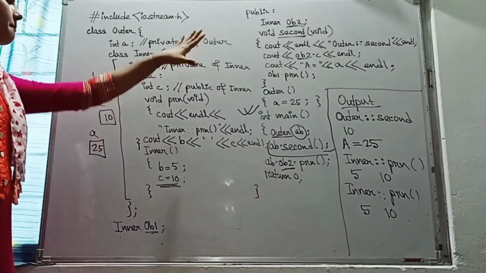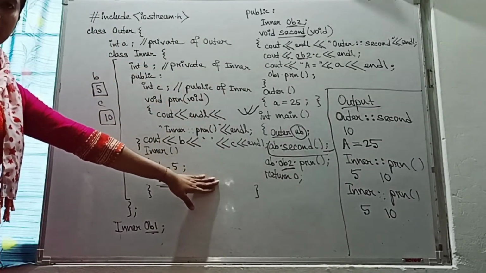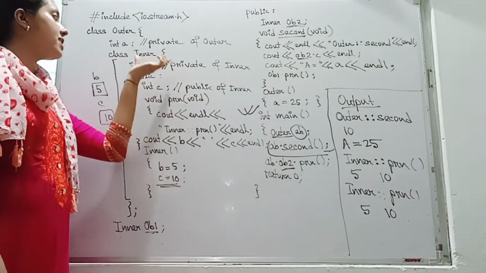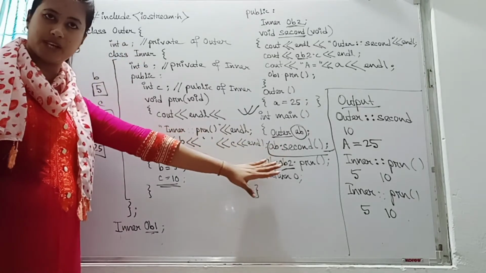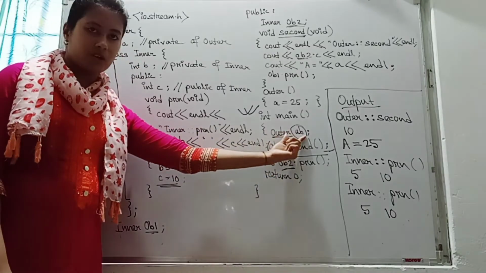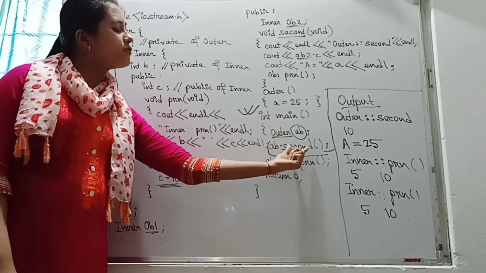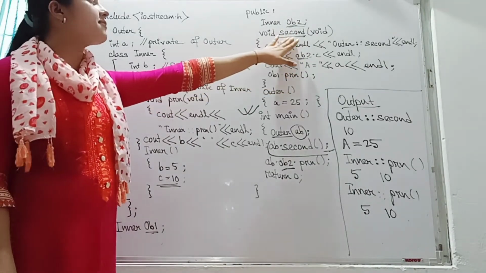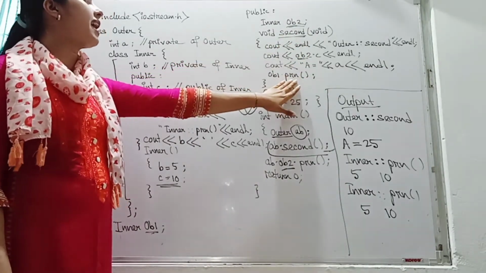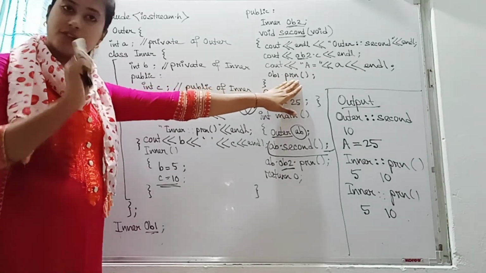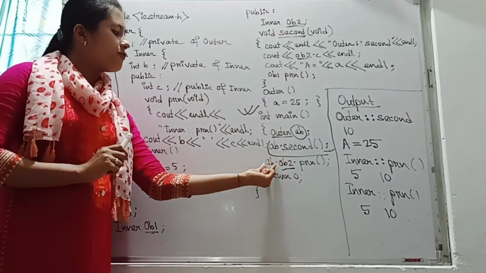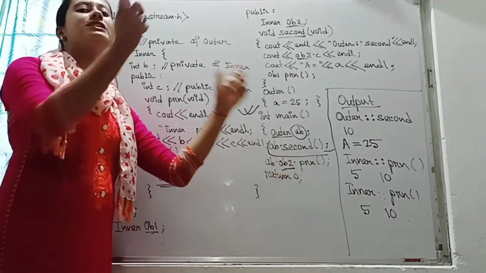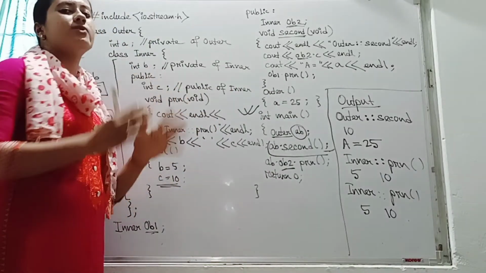So what this particular program is showing us is how we can access the data members or member functions of the inner and the outer class using a particular object. First we created an outer object, then through that outer object we called the function of the outer class, in which we have defined an inner class function. This is one way. And the second way is, first we write the object of the outer class, then we write the object of the inner class, and then we directly write the function that we want to access from that inner class.